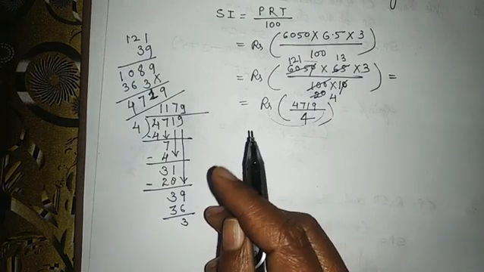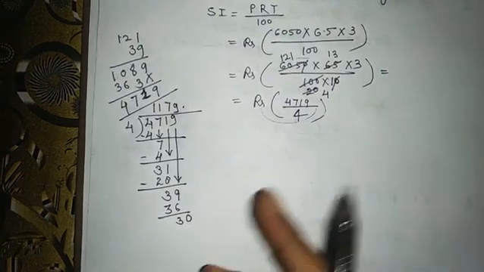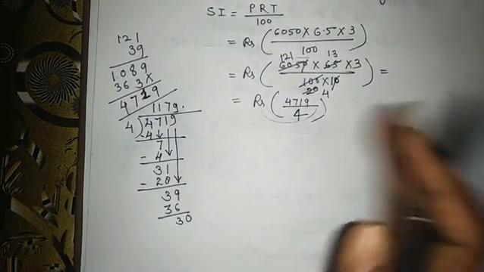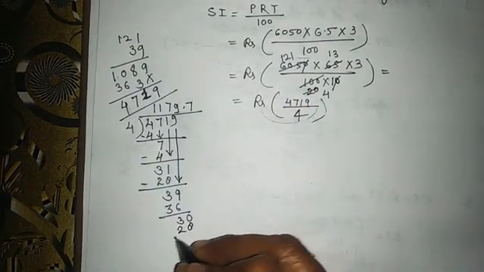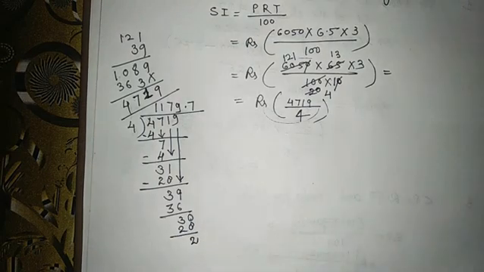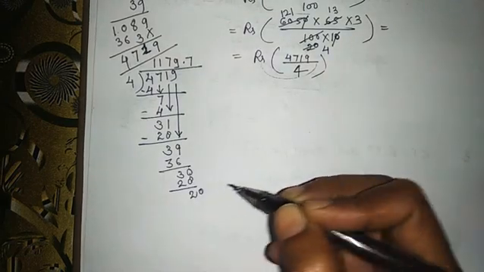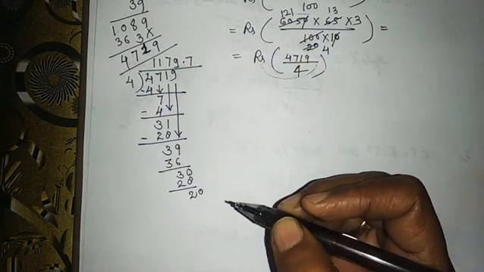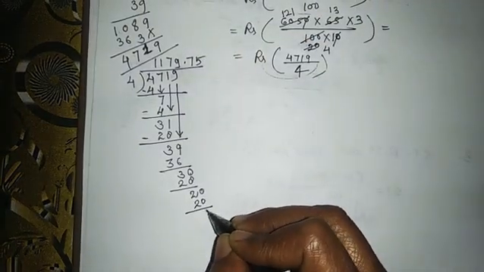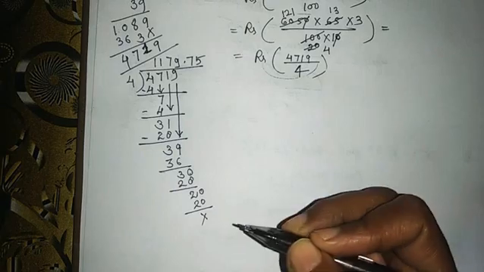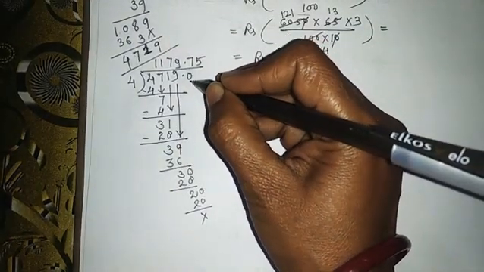After this, here we will put a decimal and then we can increase the zeros. Increase zeros now. See, 4 sevens are 28, and 30 minus 28 is 2. Now again we can take 0. So here 4 fives are 20. Now I think it is clear. So here, if you want to show, you can put zeros like this.